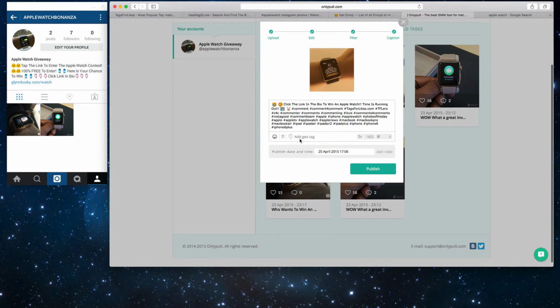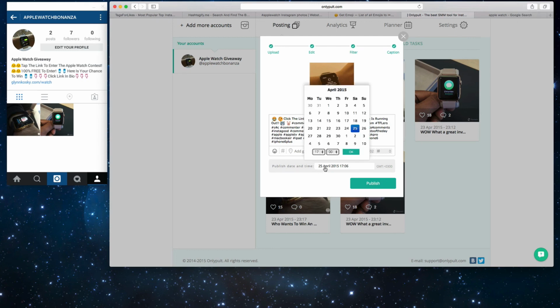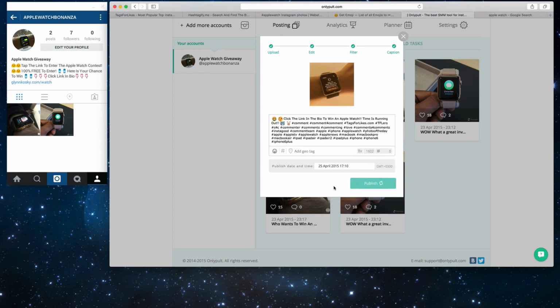You can also put a geotag in there which will tag your location if you want to. We don't particularly need to, so I'm going to click. The time is 3:08, and basically here we write which time we want to get this picture on. Okay, it's GMT plus 3 hours, which means at their time it's 5:06. Right, so I'm just trying to work out my time here. What I'm going to do is I'm going to do it at 5:10, which is in a couple of minutes in the UK. Click publish,